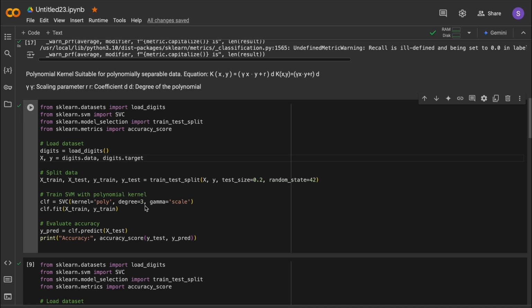There are two types of gamma. The default is auto, and then you can set scale. Gamma is one of the most important things. I show the formula here, as it's gamma. Gamma decides